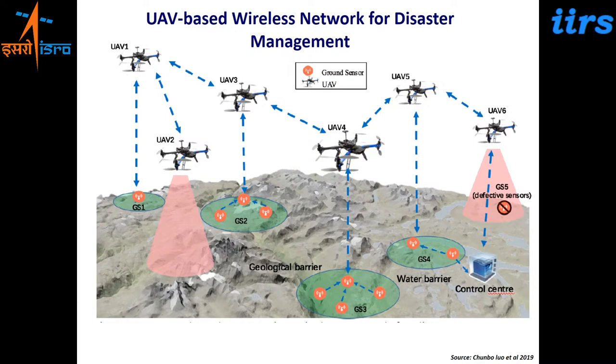man-made disasters. So this is one example which shows you an architecture of a UAV-based cooperative wireless network which can be deployed over a large geographical area in order to provide on-the-fly communication facilities in the disaster-affected areas. So UAVs can be exploited as an early warning system where they can be coupled with wireless sensor networks to provide a comprehensive and highly efficient warning for disaster predictions.